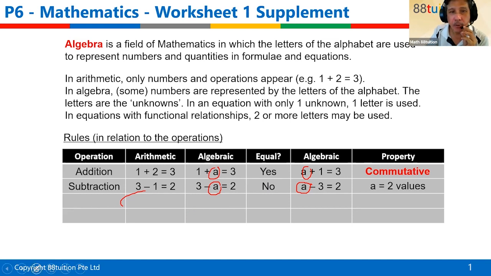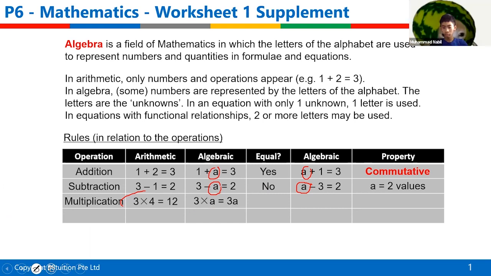Okay, so it is no. Now we come to our third operation. Our third operation is multiplication. Now, in arithmetic, we just say like 3 times 4 equals 12. In algebra, I will substitute with one value. For example, 3 times A equals 3A. Then what about